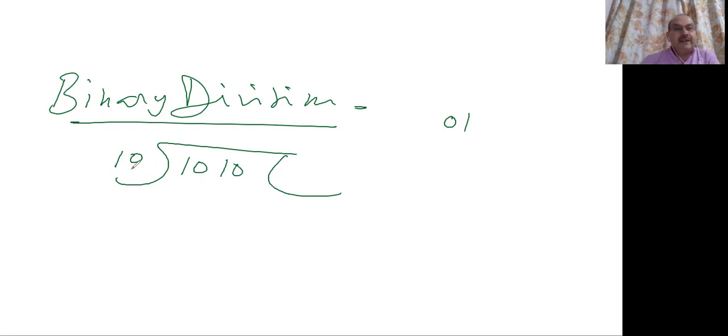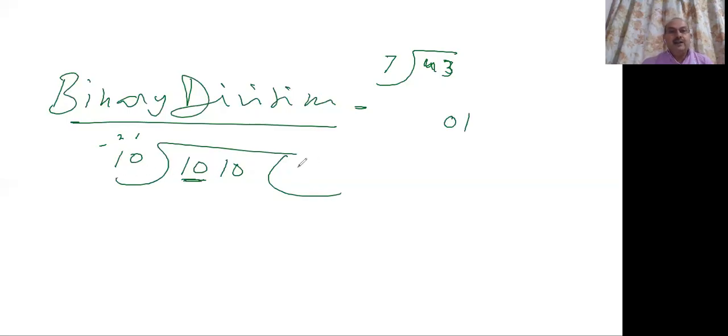When we divide this 1010 by 10, remember, what do we have to do? This is number 2, so 1 cannot be divided by it. So we have to take 2 digits. Now 2 digits does not mean, suppose there was 00, then we would have taken 3 digits. This side number should be bigger. Just like we do in decimal: if it is 7 and we have to divide 43, we do not take 4, we directly divide 43. So in the same way here we will take a number which is equal or maybe higher than this. So anyway we take these 2 digits here.